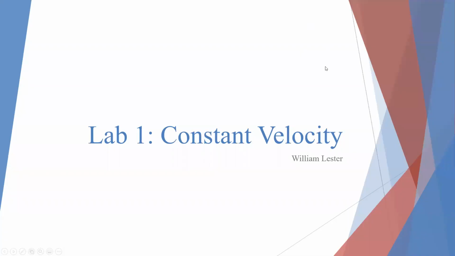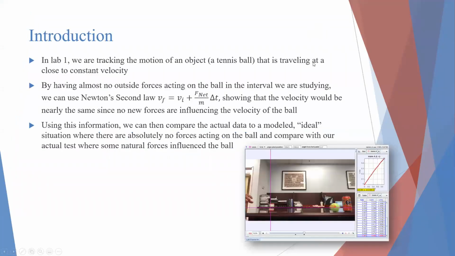This is lab 1 for physics, constant velocity. So in this lab, we're tracking the motion of an object, in this case a tennis ball, as you can see here, that is traveling at a nearly constant velocity. And we want it to be a constant velocity so that we can then apply Newton's second law. And by having it near constant, we're basically saying that no new forces or F net are influencing our